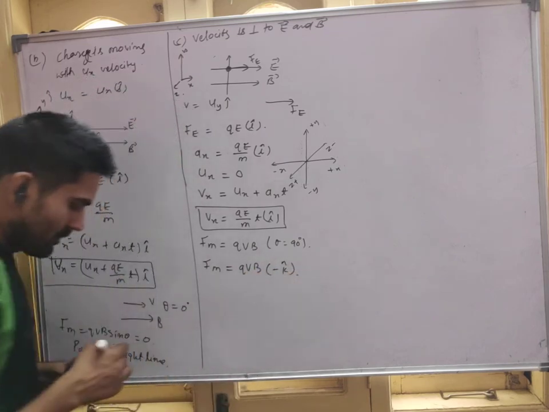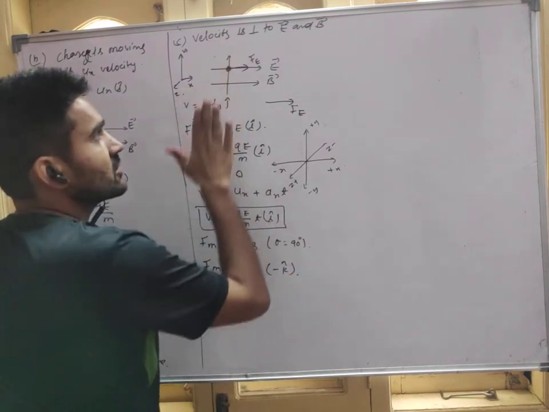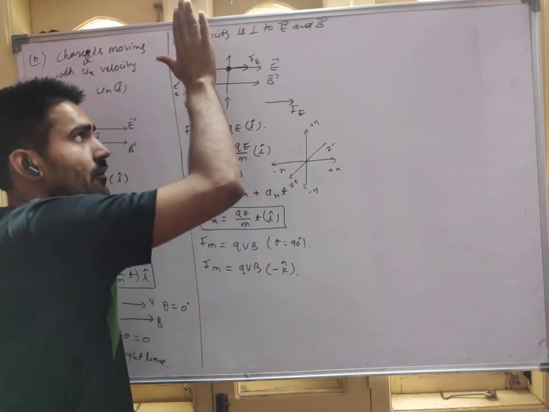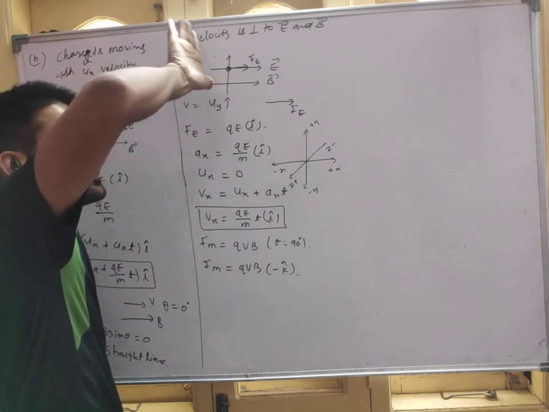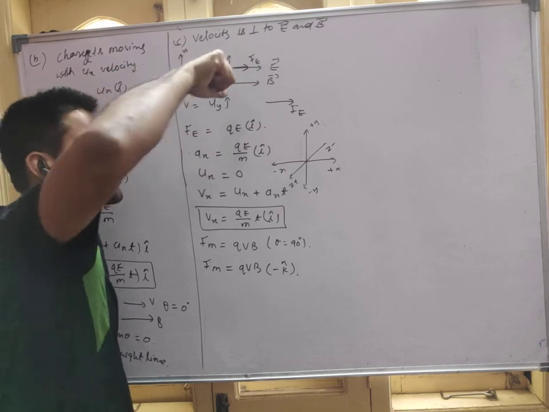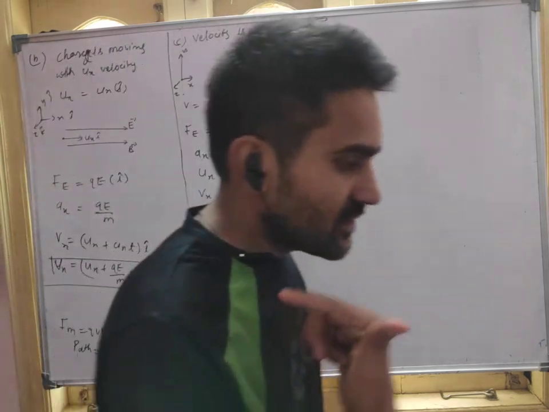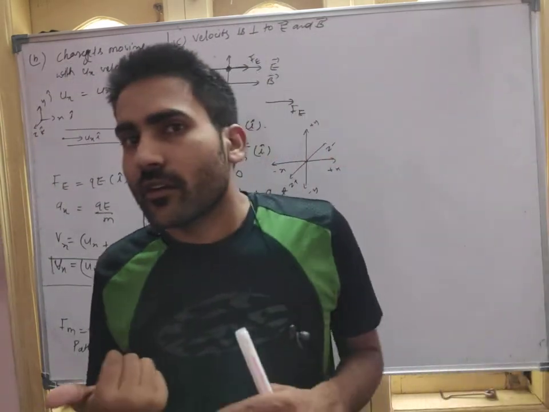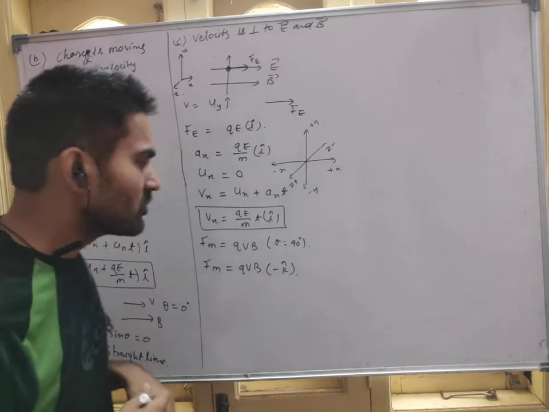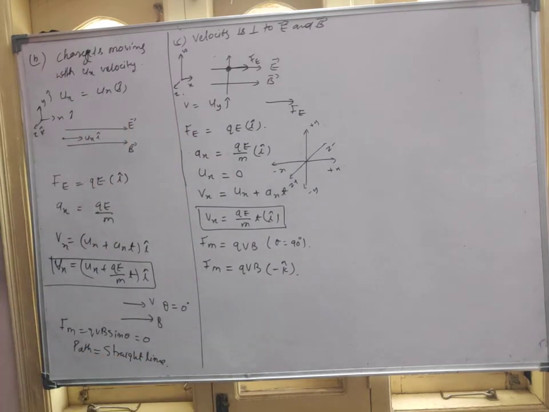How is it? Just keep your finger in the direction of the velocity like this. Curl your finger in the direction of the field like this. So force is inside. So force will be this side. Can you tell me in which plane the circular motion will be there? Don't you feel there will be a circular motion here? Tell me, is it circular motion here? How? Why?